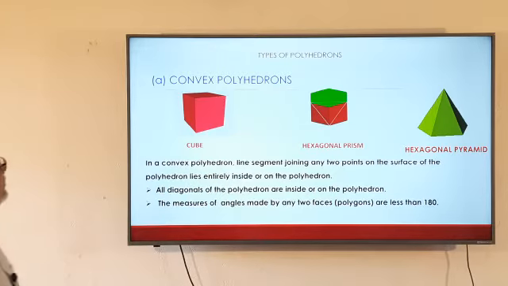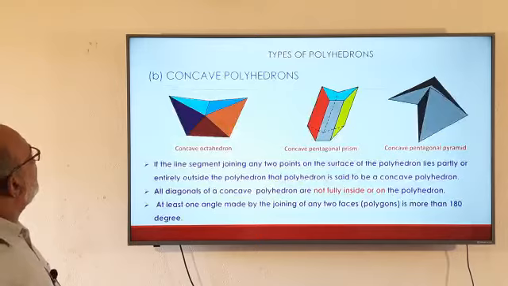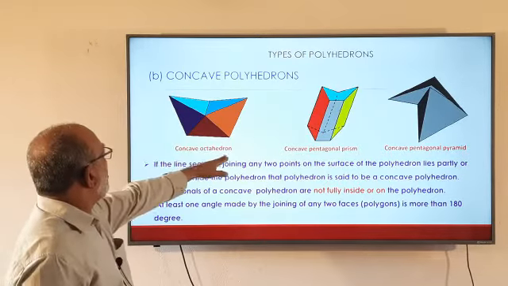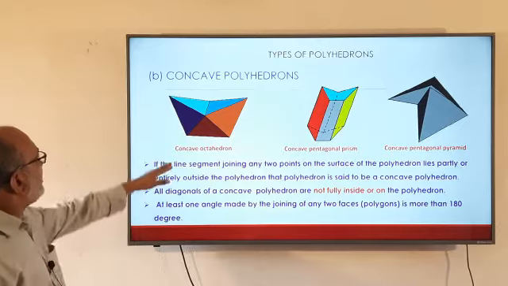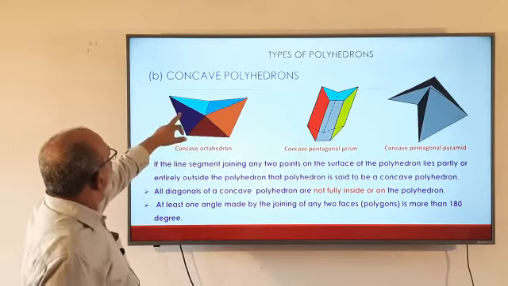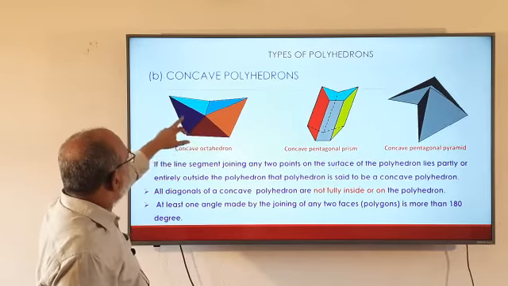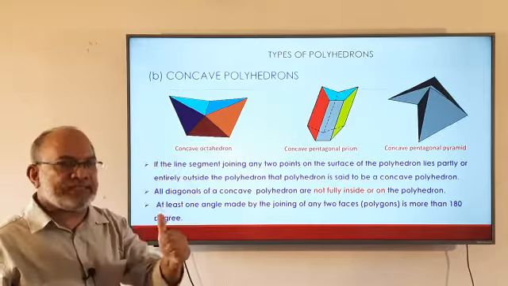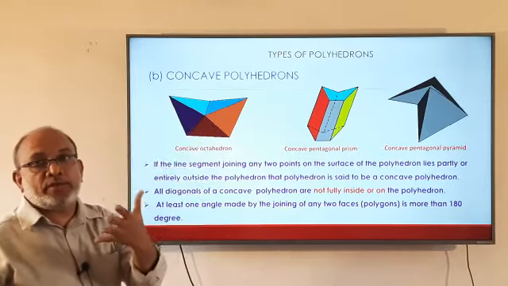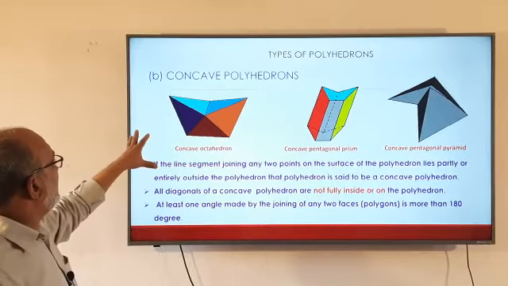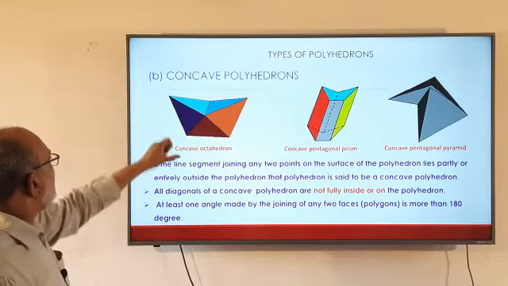Now let's see concave polyhedrons. Here it's a concave octahedron. Why did I write octahedron? You see, it's a polyhedron with 1, 2, 3 sides here. The other also has 3 sides. So now it is 6. On the top 2. So 8. That's why it's a concave octahedron. It's a polyhedron with 8 faces.